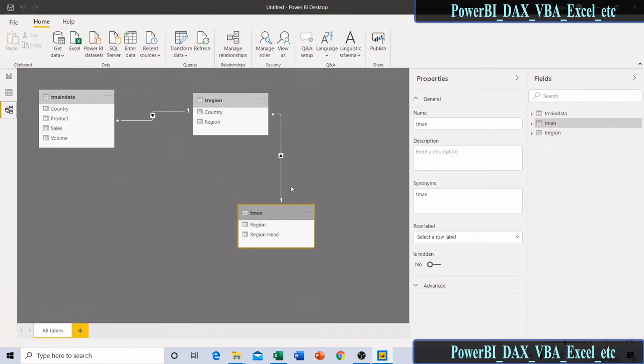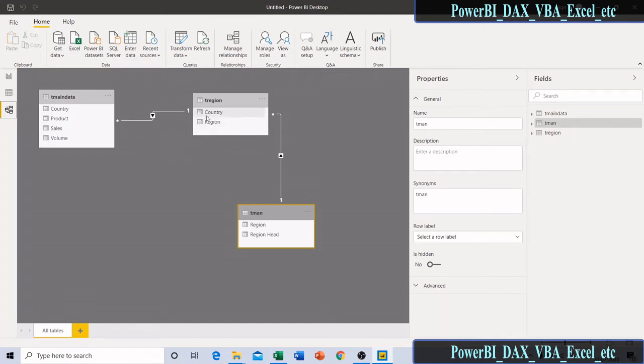Why? Because the filtering will flow from this region head I took in my slicer. When I am selecting a region head, this region column will also be filtered, and this filter will propagate from here to here using this relation, and here the region will be filtered.